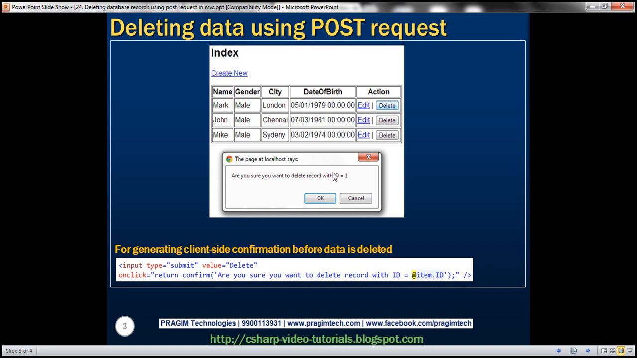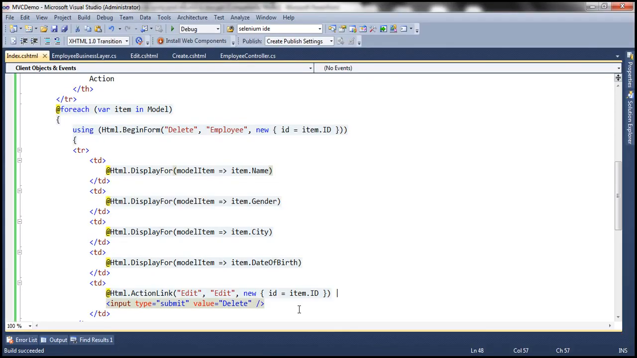So how are we getting the employee ID? Again, by using that item object. What is item object? Nothing but the employee object, and this employee object has got properties like ID, name, gender, etc. So you can either use ID or name depending on what message you want within that client-side confirmation box. Okay, so let's go ahead and associate that onClick attribute to our button. Here I'm going to specify onClick. I'm going to use the return confirm JavaScript function, and we can pass it any message that we want. Are you sure you want to delete